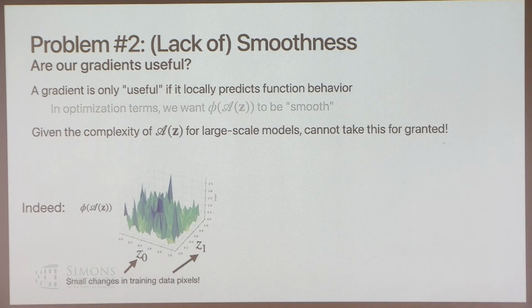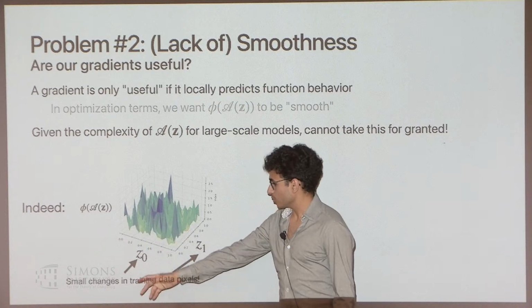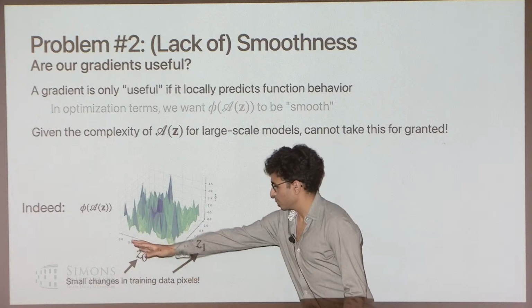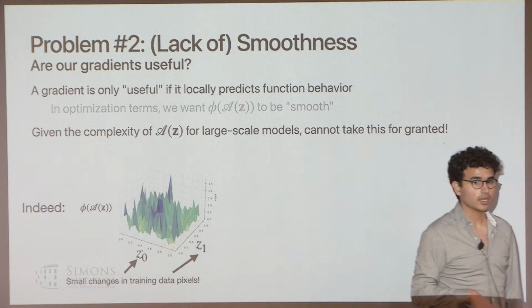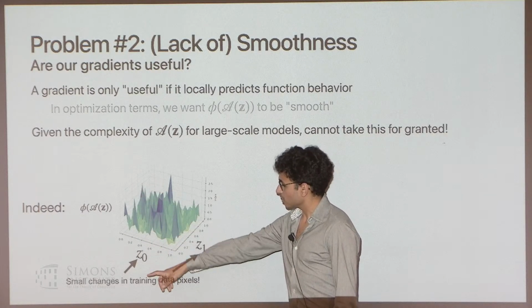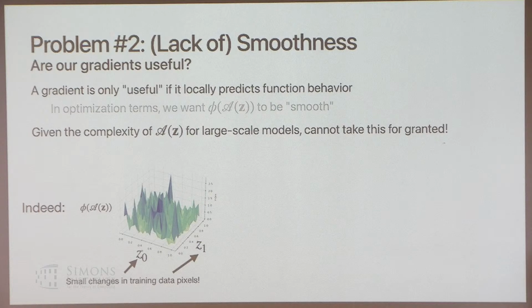But if we just look at the optimization landscape of a model output function, this is our data poisoning use case, so these are just 2 pixels of the training data set. And we look at how this model output function varies as a function of these 2 metaparameters, we see that the underlying landscape here is terrible. Even if you could take the gradient of this function, you would not want to, because it would lead you nowhere.